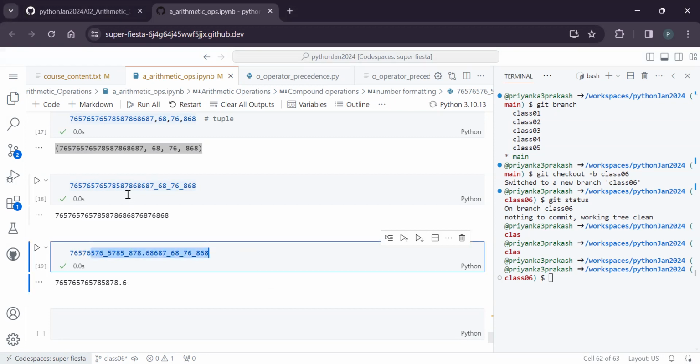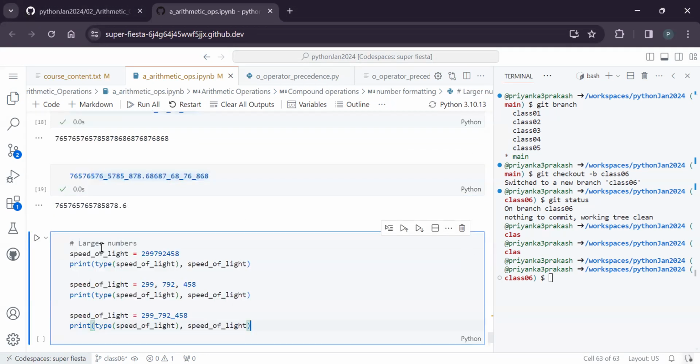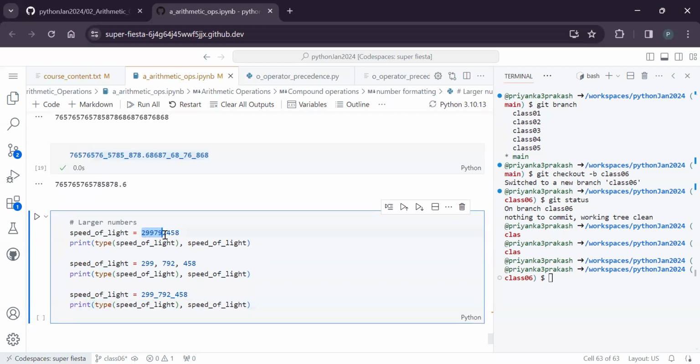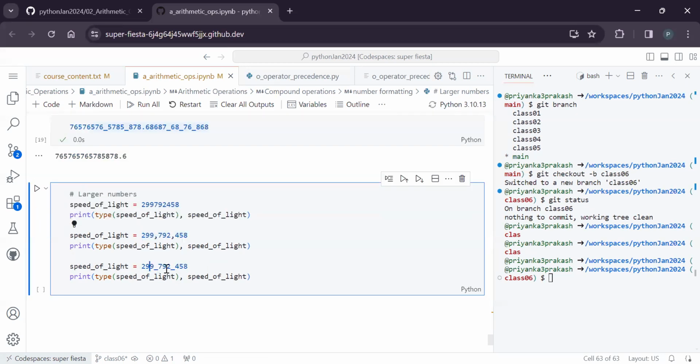Let's take the example of the previous one, the speed of light. Generally, if I have the speed of light, it can be like this. If I use comma separated values, then what will it think? It will think these are three separate values and treat them like a tuple. But if I use an underscore, then it will treat all of them in the